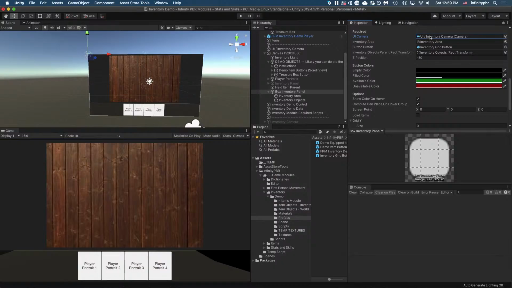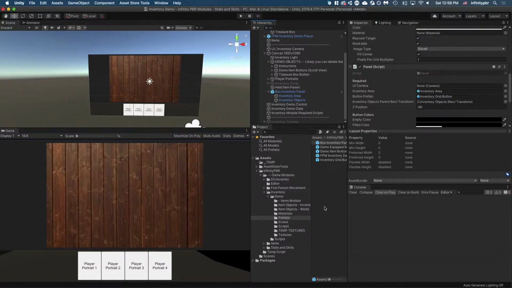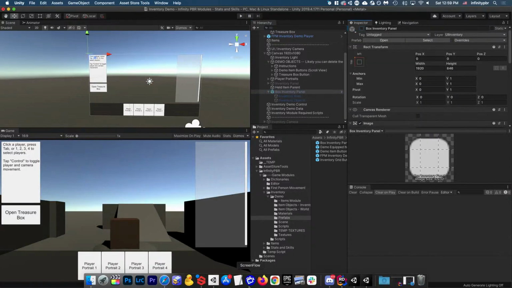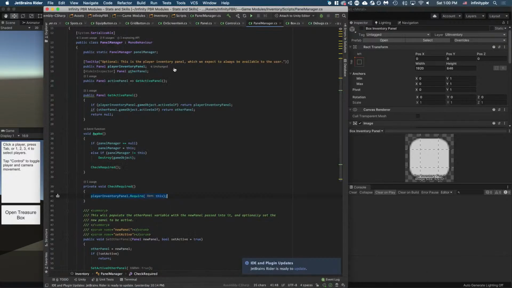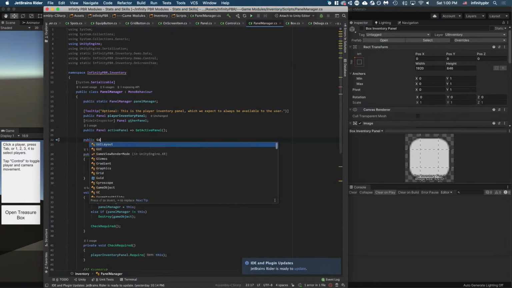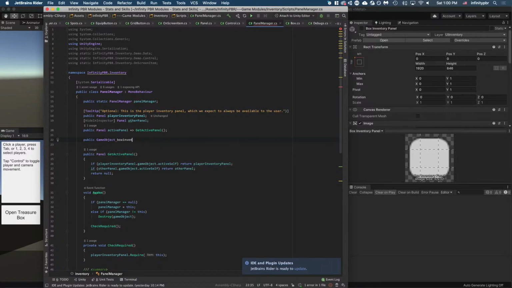So I'm going to assign that camera when we instantiate this. So let's make this a prefab. Okay. And we'll just turn it off. So we need a few things in the manager now. We need the public game object box inventory prefab,